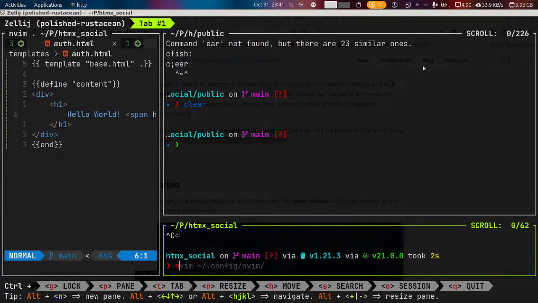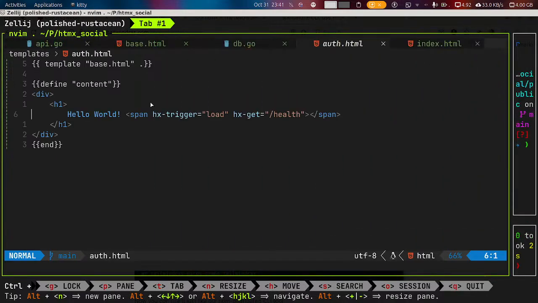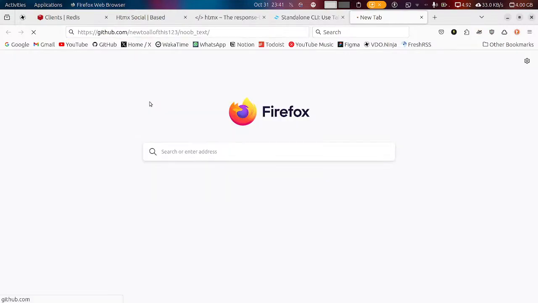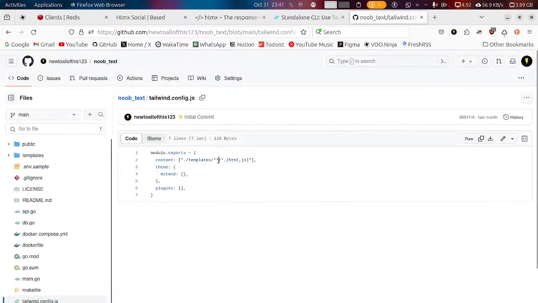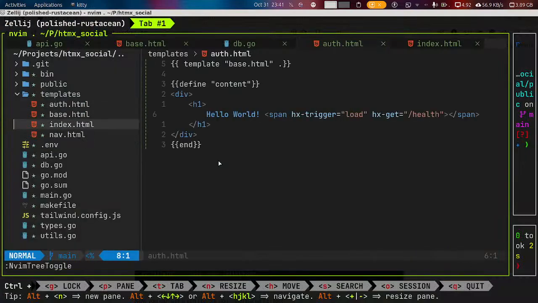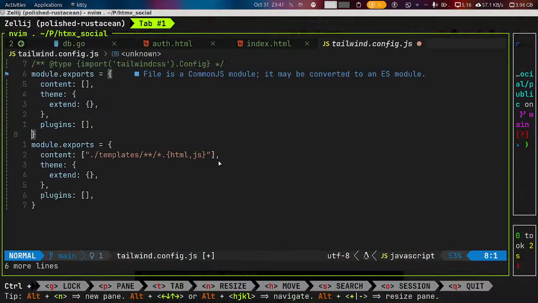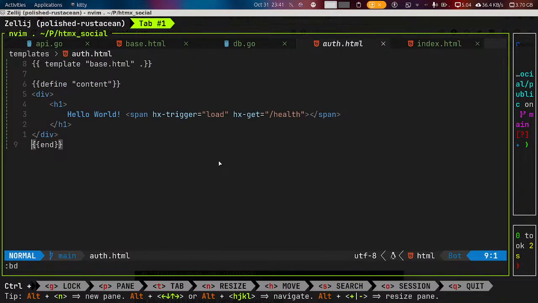But a really important thing that we did not do here is to actually tell it where to look. So I guess all I need to do is copy that, go over to my Tailwind config, and just paste that, and yank those lines. That's it. BD, yes, buffer delete, that's what it's called. Anyways,